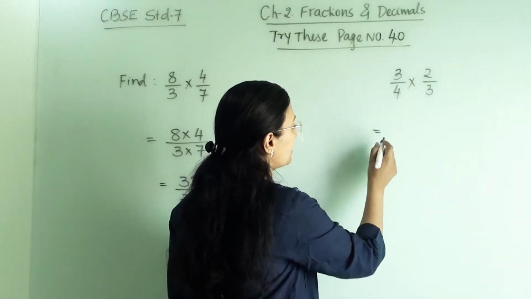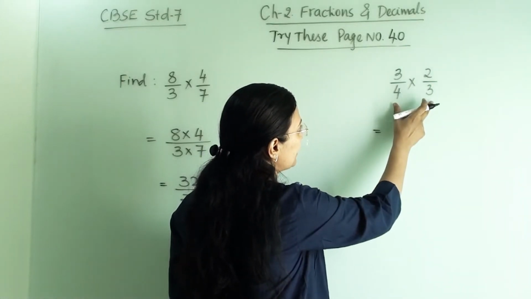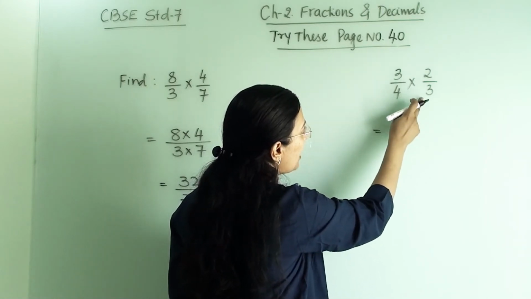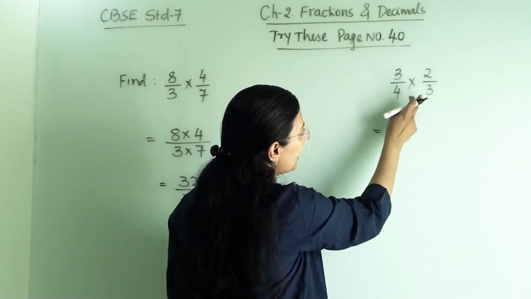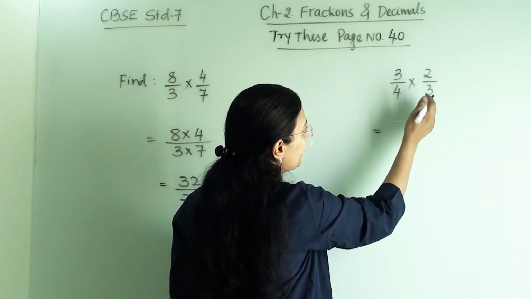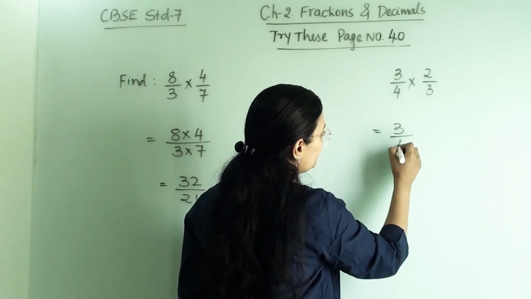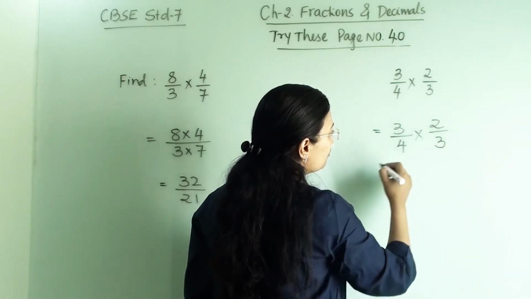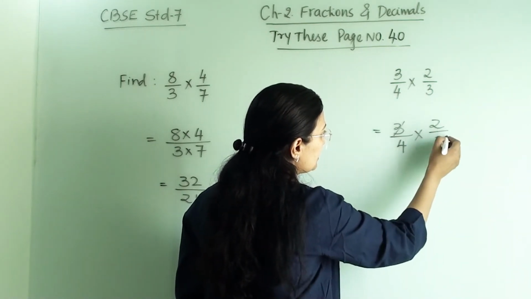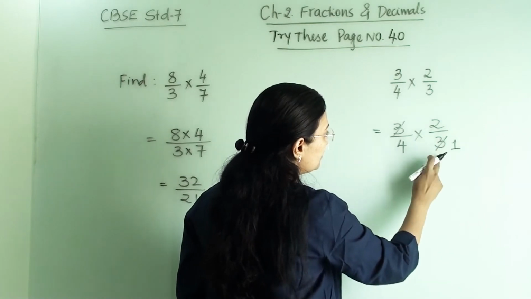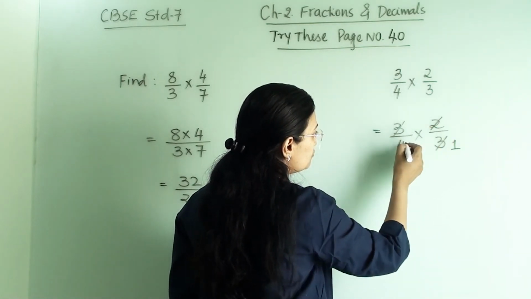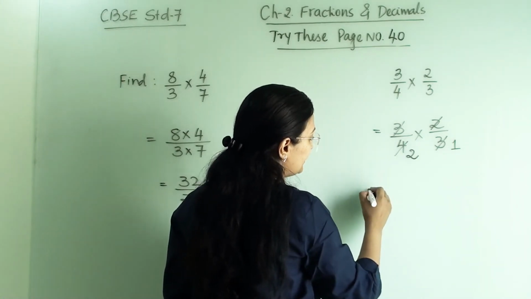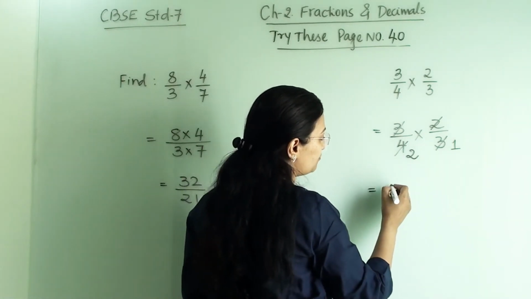Now for the second one, when we are clubbing this together, before that, if we see, 3 and 3 are both in the numerator and denominator, so we can cut them like this. So we will write one more step like this and reduce it to the lowest term. So here 3 ones are 3, and now 2 twos are 4. That is how we will write. Let us separate this and write it.